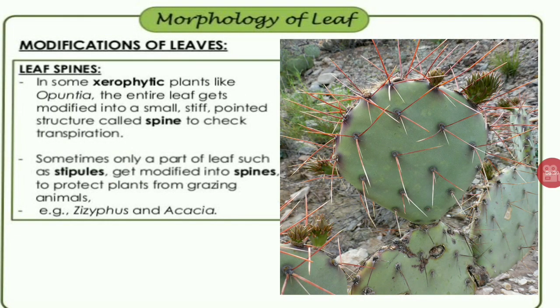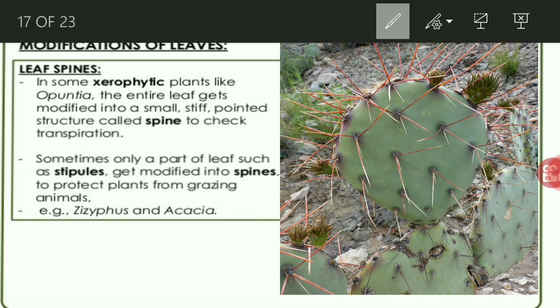Not only arrangement, some leaves are modified for special functions to help the plant survive. तो चलो देखते हैं what the leaf does for its plant. The first modification we are going to study is leaf spines. जो plants desert में रहते हैं उनको पानी नहीं मिलता या फिर पानी कम होता है, so leaf shows special modification. This plant's leaf gets modified into spines. The spines are small, stiff, pointed structures which help the plant to reduce transpiration.